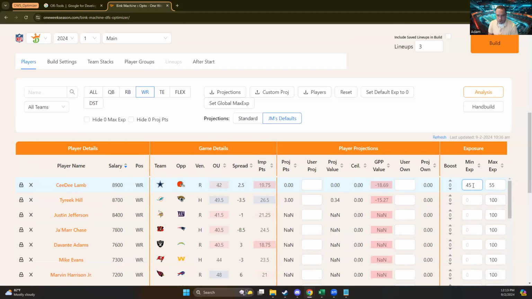You can figure this out for yourself. I like having this because it gives the optimizer, the Bink Machine, flexibility, but it still basically does the thing that I want it to do. And that is literally how you take your spreadsheet, your canvas, and copy it into the Bink Machine. In the next lesson, we're going to talk about